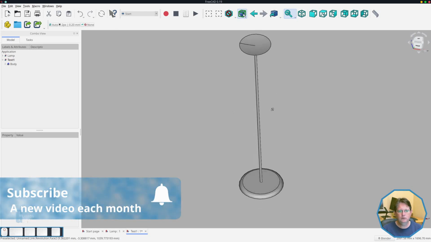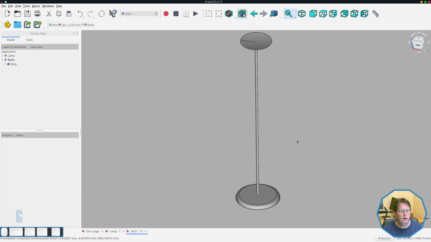So you can see how easy it is to actually put models in. But what about some practical purposes for this? In some of my previous videos, you would have heard me mention that I like to create spreadsheets defining components that I use regularly. These sort of components are T-nuts and screws and that sort of thing. Using the link tool, I can keep my definitions of those components very simple and then link the spreadsheet into my current working model